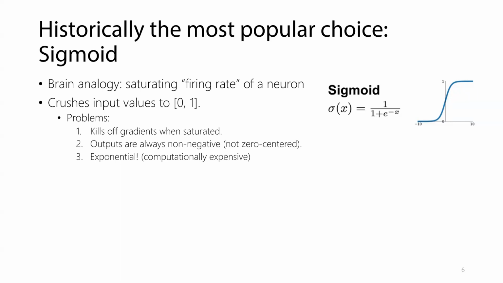So it looks kind of like a step function, except that it is differentiable at x equals 0, right? Such that when you do the gradient descent, you don't have to be concerned about not being able to